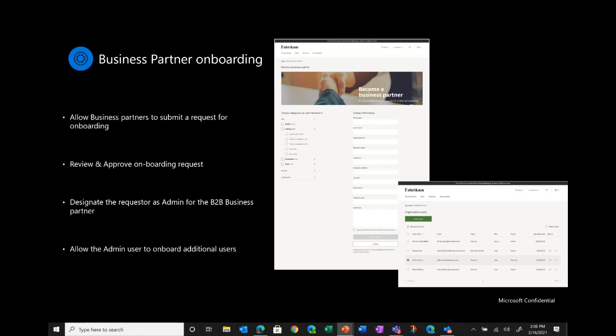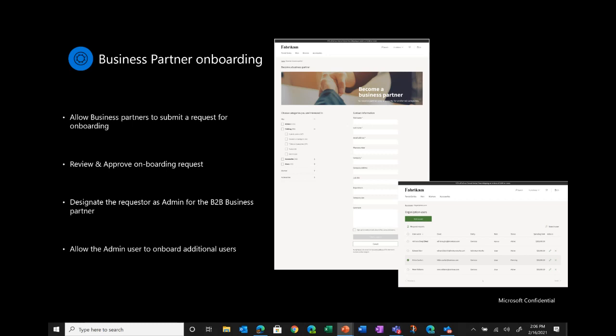What is it that we have built in the first release? If you look at a typical B2C shopping experience, the consumer might land on the B2C e-commerce website, and then he or she can look at the products and services on offer. They can add those products and services to cart and then check out either using a named account or a guest account for that matter, right? That's the typical B2C shopping experience.